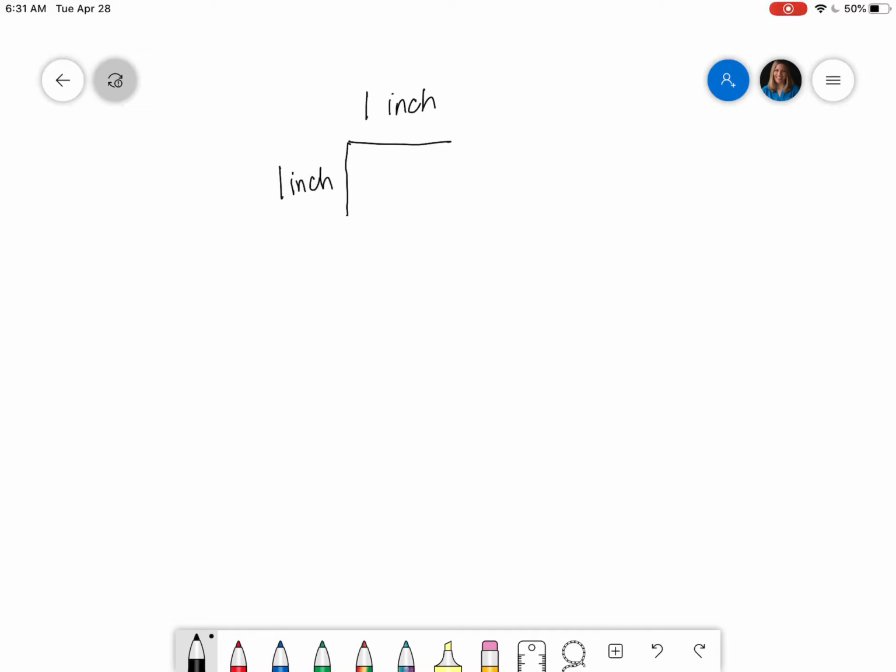Okay. Now, if we were going to fill in this space, we wouldn't want to go past that length, right? So it fills in this area. And that's the whole idea behind the word area, it's this space that fills up this area in between. Okay, so now that we have that, let's take that understanding and expand on it a little bit. What would happen if we put maybe 3 of those